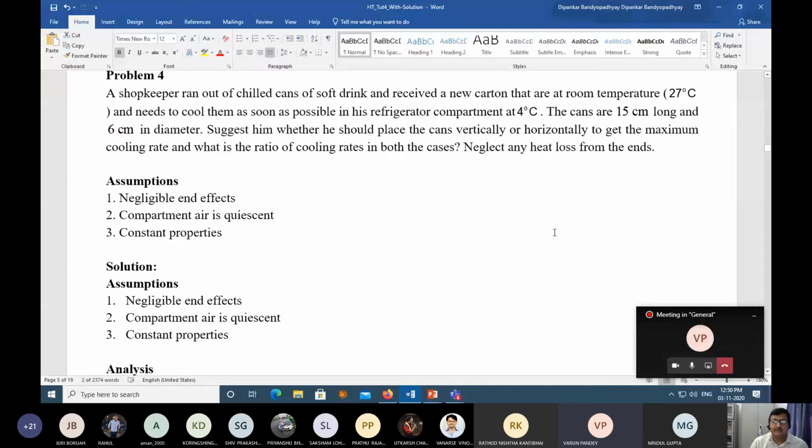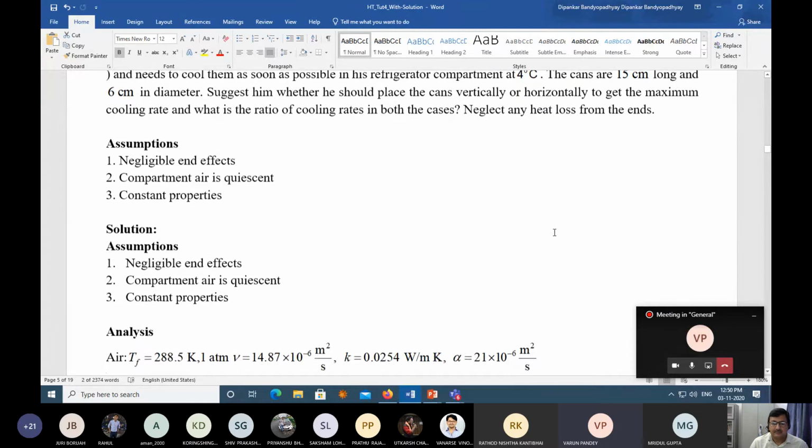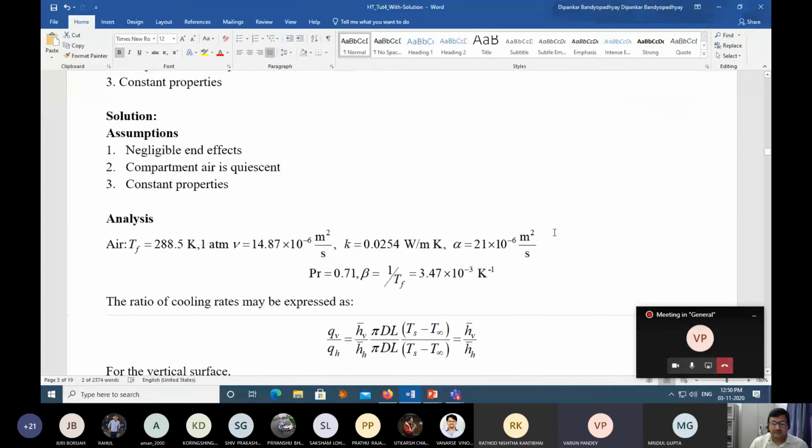Sir, the difference will be the length through which the cooling process occurs, because as we write the equation for it, the length part comes in. So if we use the vertical component, the length employed will be different, and if we use the horizontal, the length employed will be different. So that will change the cooling rates. No, I mean, the geometry remains only vertical and horizontal, right? Yes, sir. Like this or that, right?